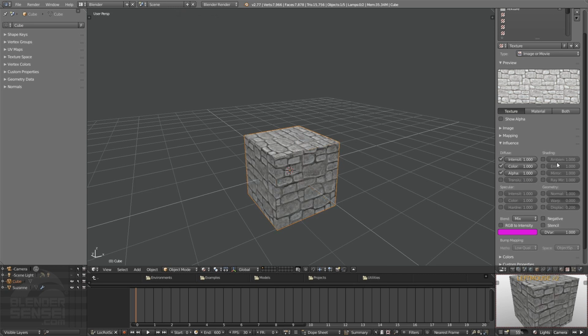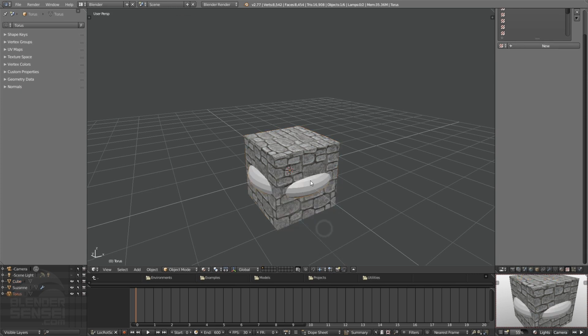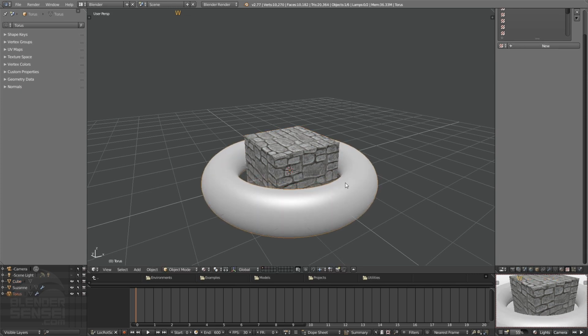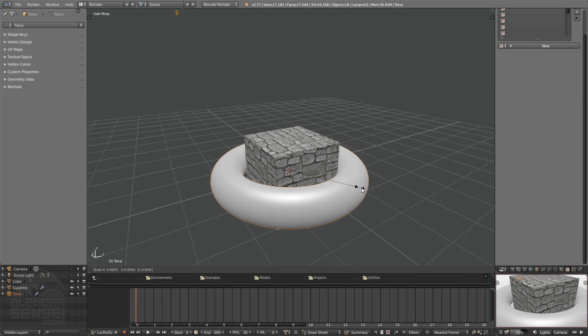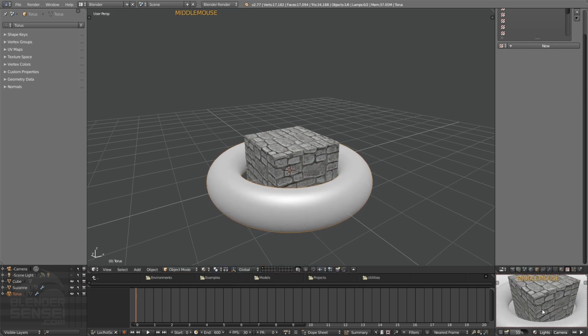1. So under the shading menu, this ambient value is supposed to control how much ambient shading the texture will use, but I haven't really found a way to make this useful. So for instance, if I were to press Shift A and under Mesh, add a torus, press S to scale, press W a few times to give it some smoothing. And so if down here, under lights, we turn on ambient,